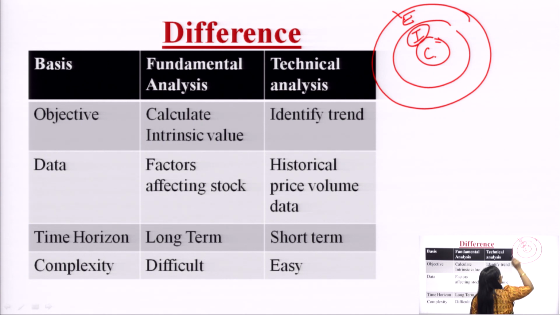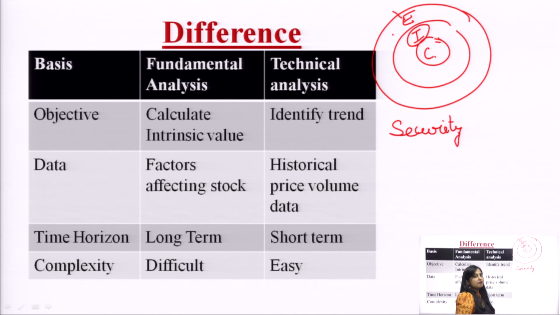Then there are the company related factors. Company related factors like management, at what price they are purchasing their raw material, what salaries and overheads they are paying. So, this is also impacting the company. The sum total of these factors is affecting the security returns. The impact of these factors is analyzed by the fundamental analyst to find out the security's intrinsic value or worth in the market. If the security's worth in the market is good or high, we should purchase it, otherwise we should not purchase it, we should sell it.